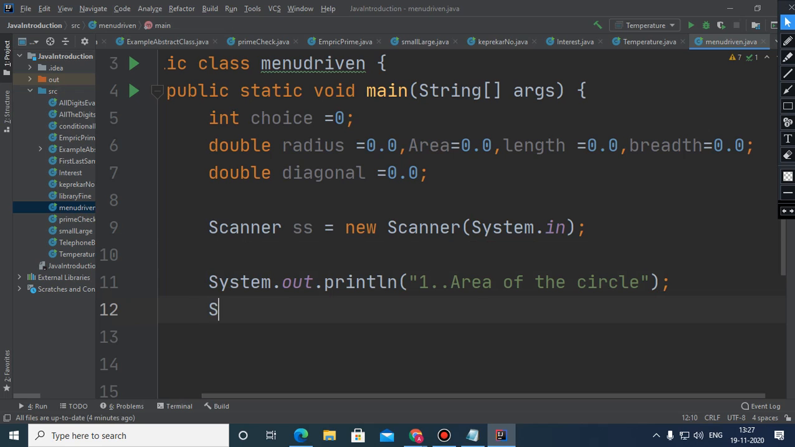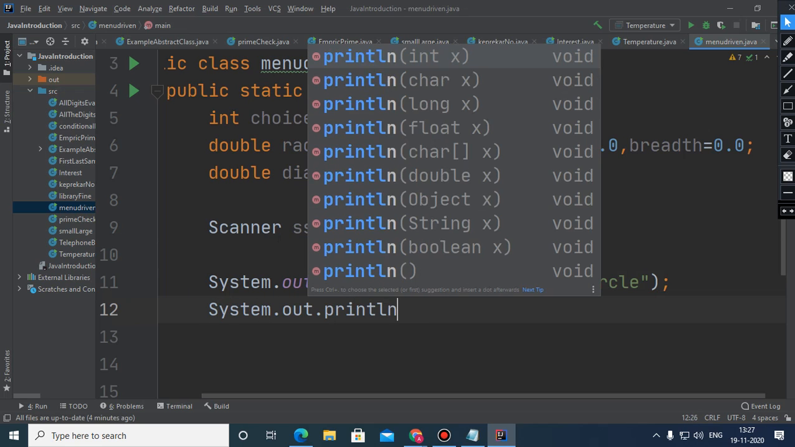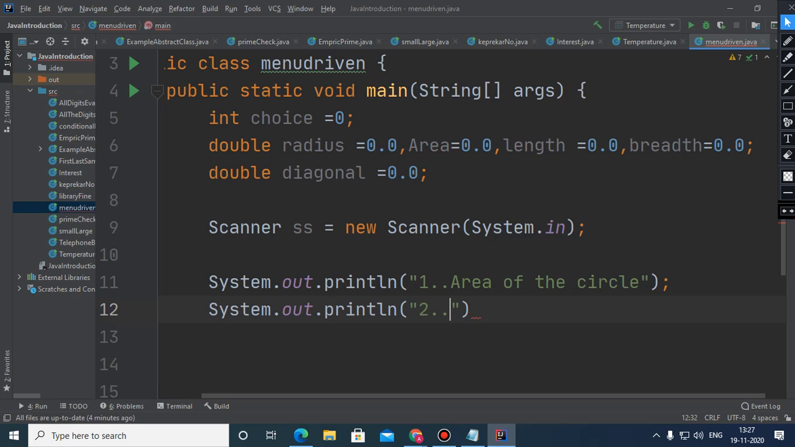And the second valid choice is area of the... no, it is